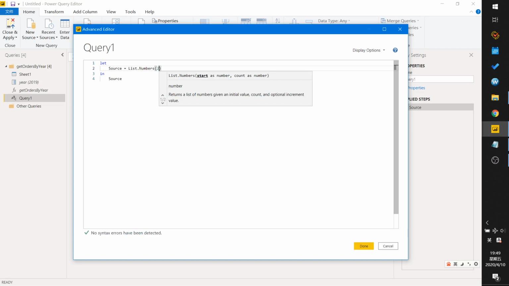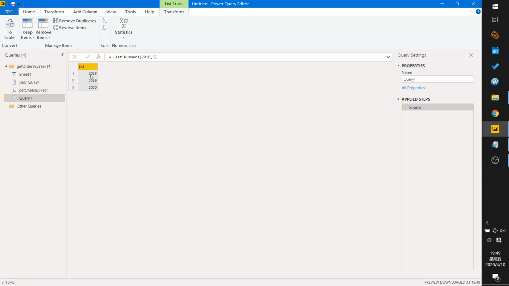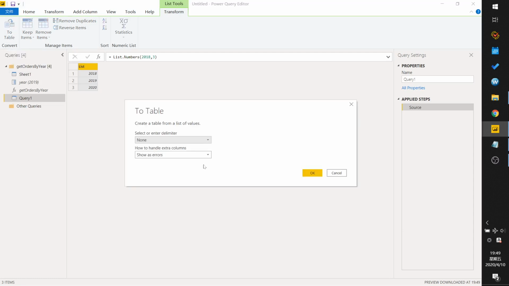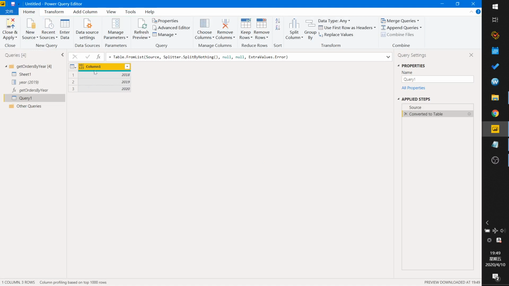I will create a list with just 2018, 19, and 20. This list has 3 numbers, and I transform it to a table, and OK. And I change this column to text,